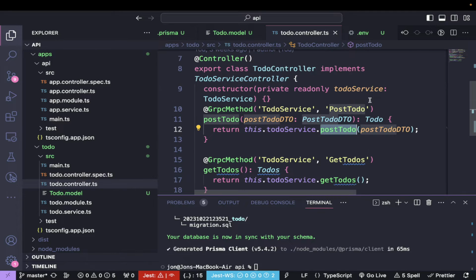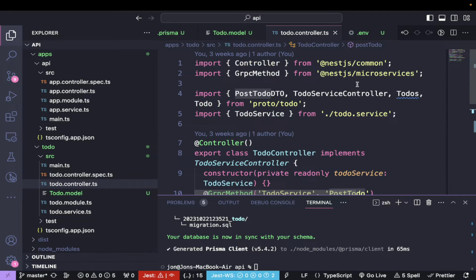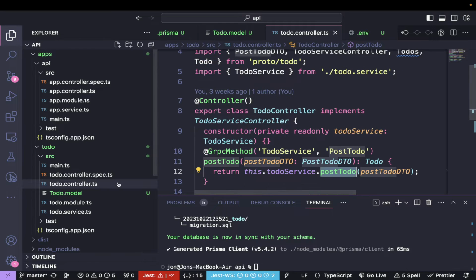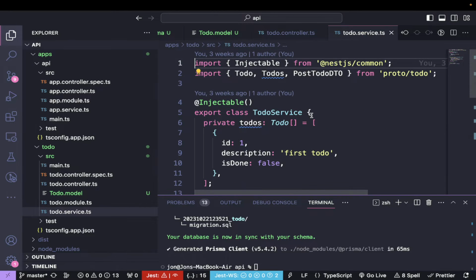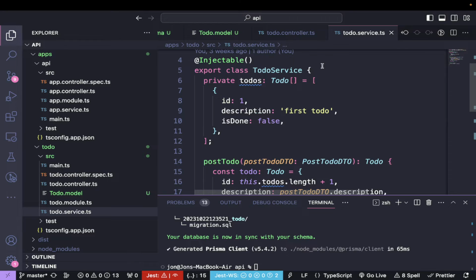So we just want to make some adjustments to this, because right now, if you look at our to-do service, we can see that we've hard coded an array in memory. So we want to make this into a database. So we just need to make some adjustments, and since we've now created our